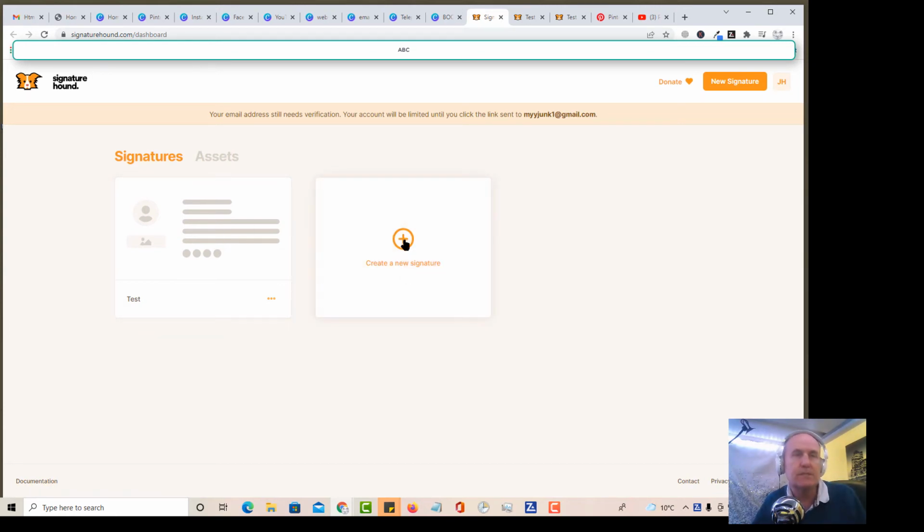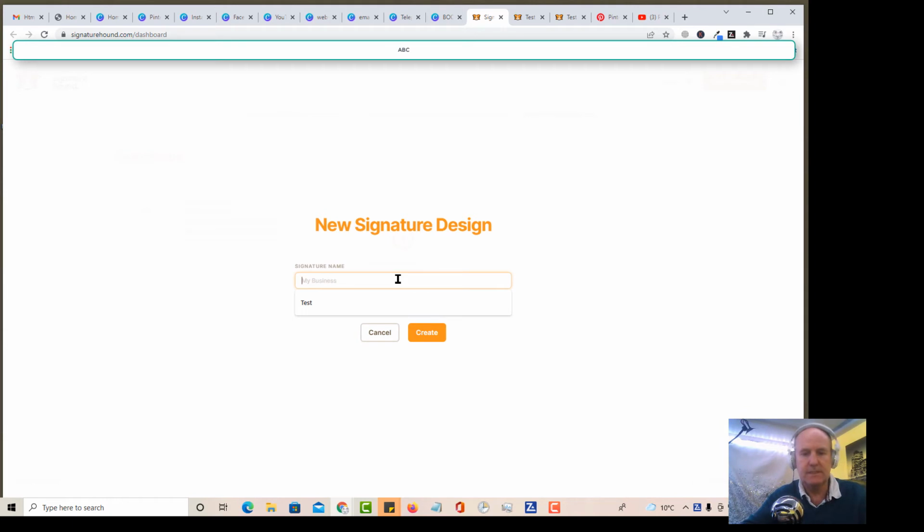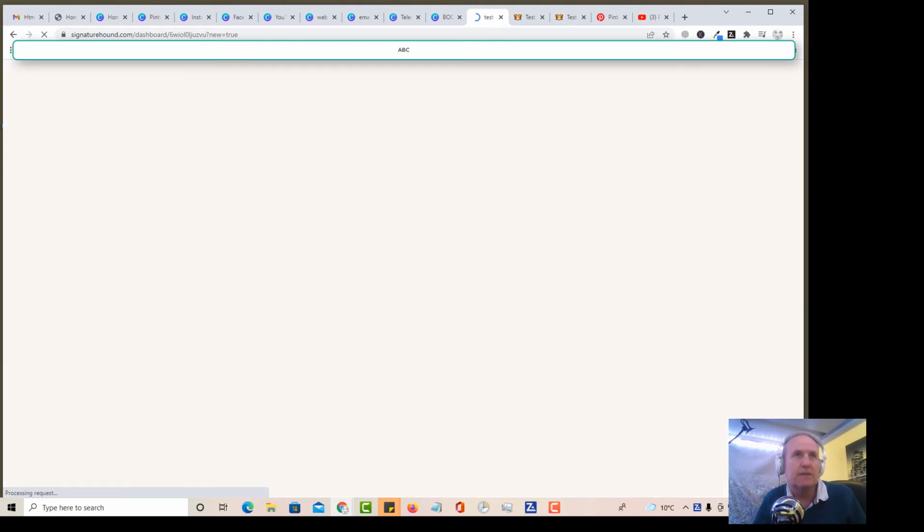create new signature, and you want to click on that, create a new signature. Once you've done it, give it a name. We'll call this test 1 maybe. Okay, and it will create. What will happen is you'll end up with a series of tabs on the left hand side which will enable you to go through the template and then add to the template again pictures and images, just as you've done before